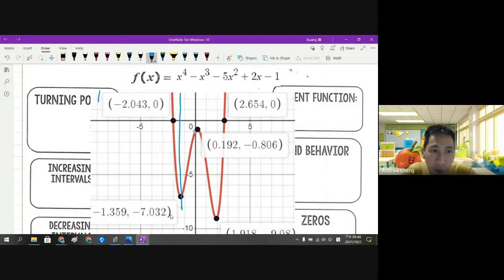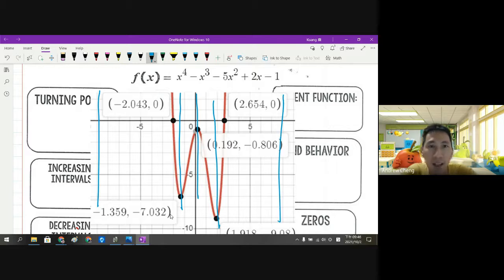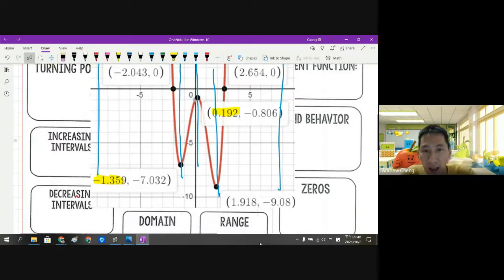Okay, use the turning point. Use the turning point. Okay, and then you only focus on the x coordinate of the turning point. Right. So the left hand side, this vertical line we call negative infinity, and to this point, the x coordinate is negative